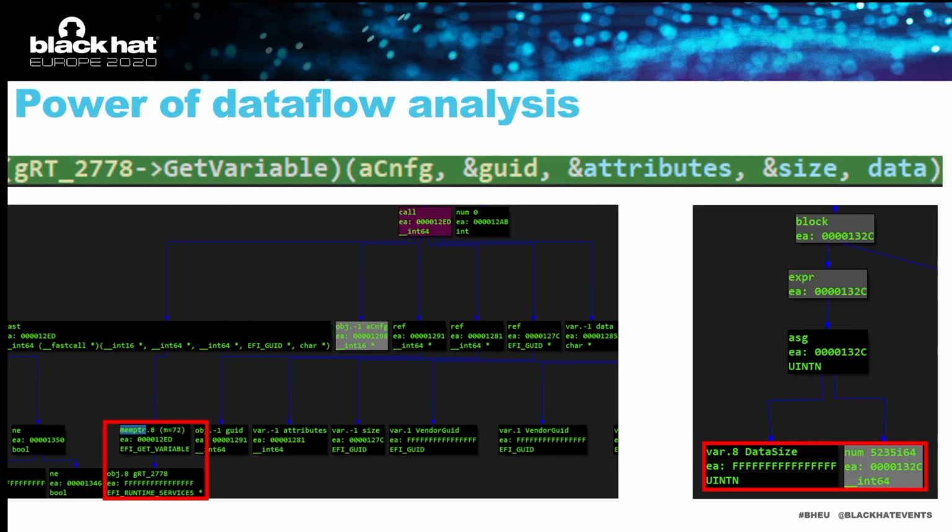You can take a look at how C trees look on the right side. You can see how an abstract syntax tree looks. Basically, it's one of the standard things, not very much different from how you would expect an abstract syntax tree to look. There's a block followed by an expression, and the expression has an assignment, and an assignment has two nodes, data size